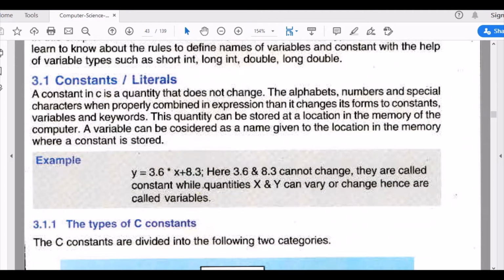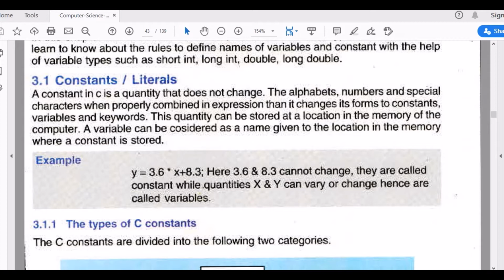Constants. A constant in C is a quantity that does not change. As the name suggests, it doesn't change. The alphabets, numbers and special characters, when properly combined in an expression, change their form to constants.